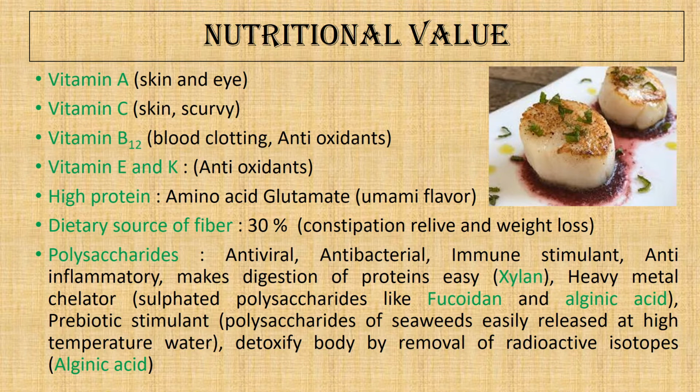About the nutritional facts, we see that dulse, or Palmaria, has a variety of vitamins. For example, vitamin A, which is retinol, which is very good for both our skin as well as eyesight. Then we have vitamin C. We know that vitamin C is a very essential vitamin, especially for good skin. And also, if you have a deficiency, that is scurvy, then the feed of dulse can help you